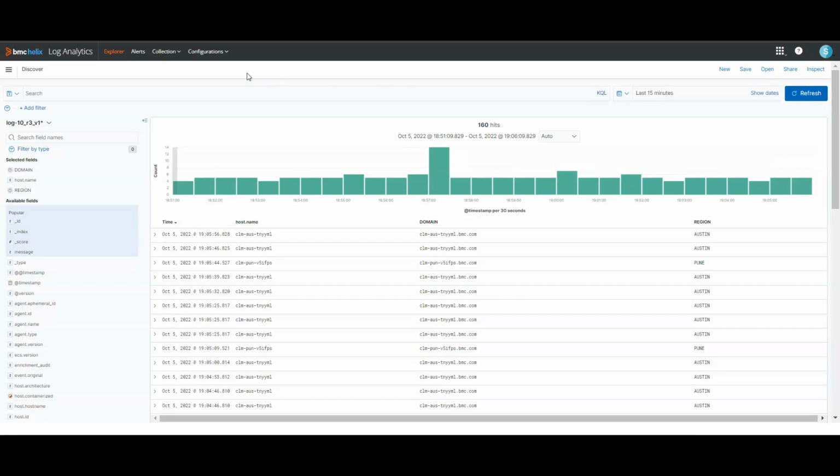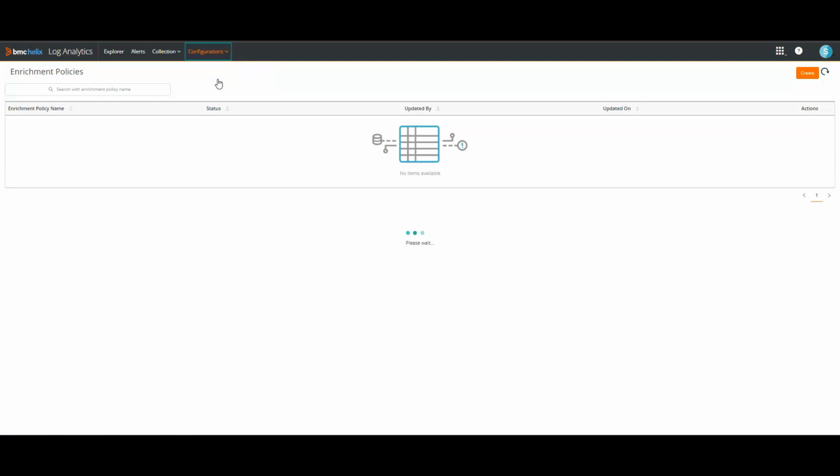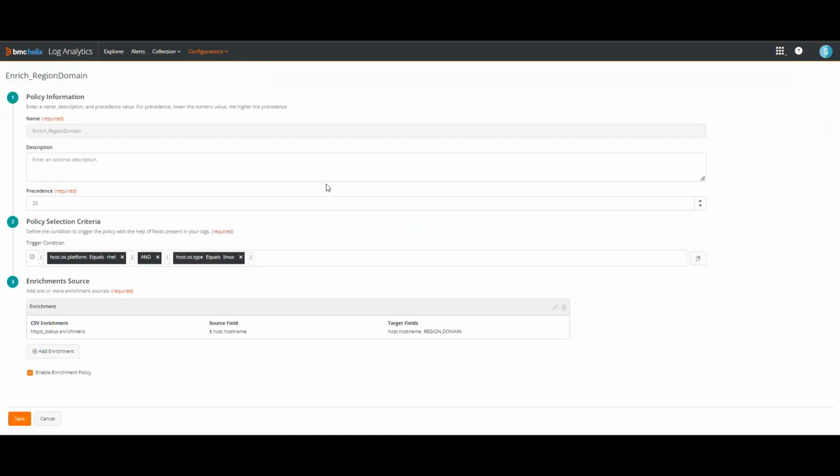If you want to use the log enrichment feature, you'll have to provide a source and create an enrichment policy where you can provide the conditions on which you want to apply this enrichment. We will cover the enrichment part in detail in our